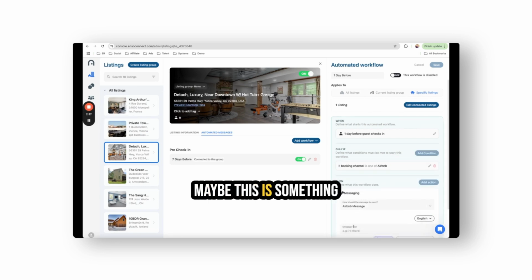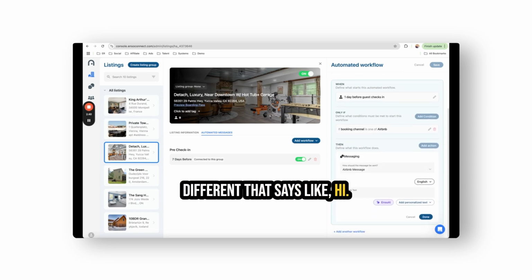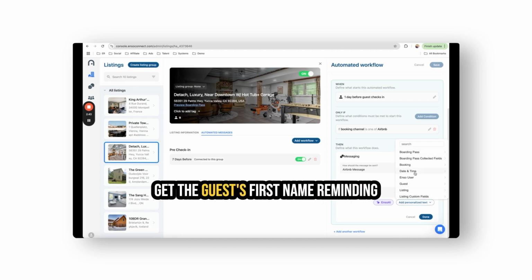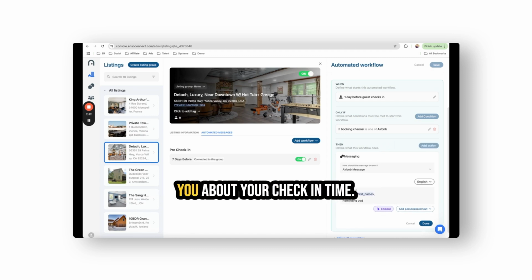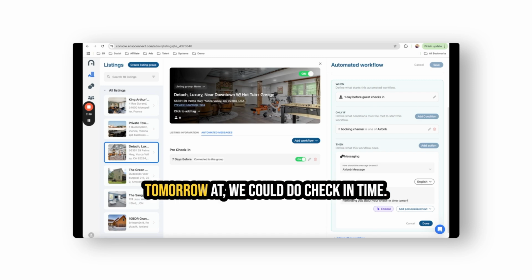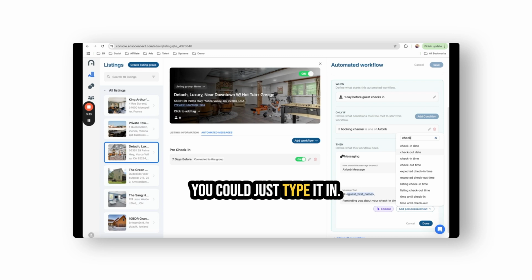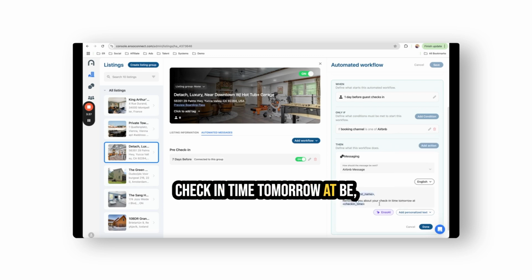Maybe this is something different that says like, hi. So we'll do the same thing where we get the guest first name, reminding you about your check-in time tomorrow at, we could do check-in time. So if you can't find something, you could just type it in, check-in time tomorrow at,